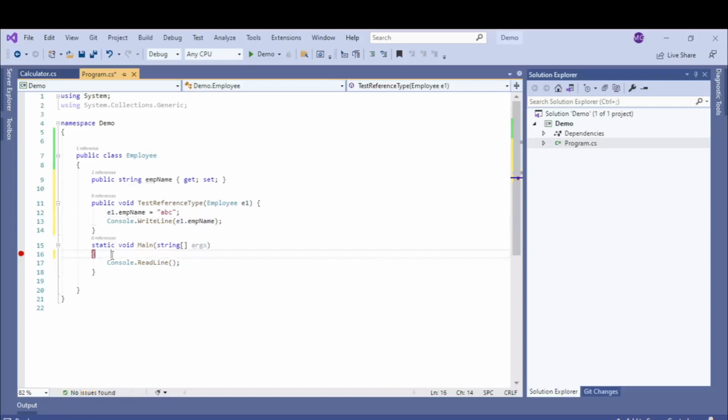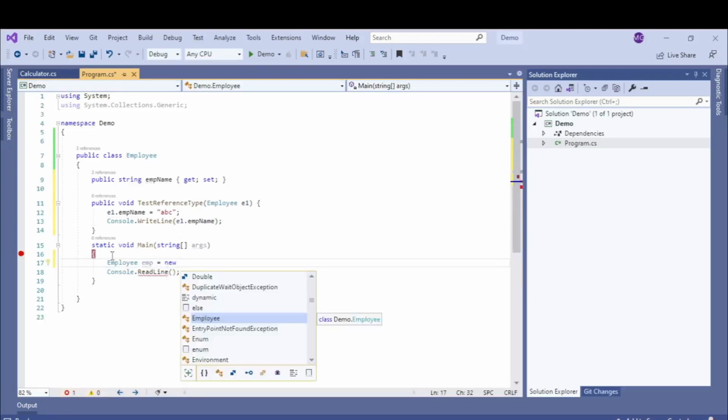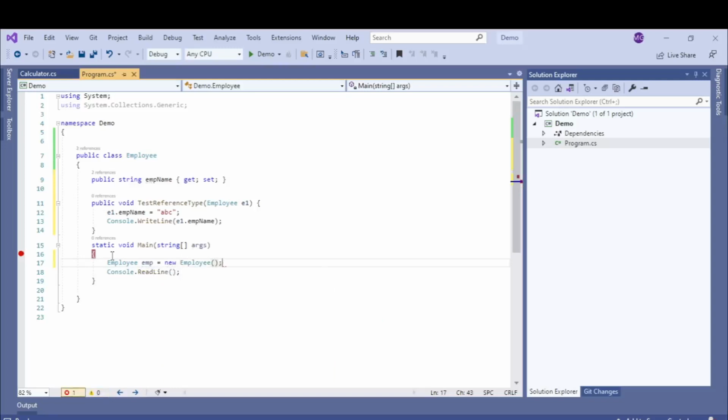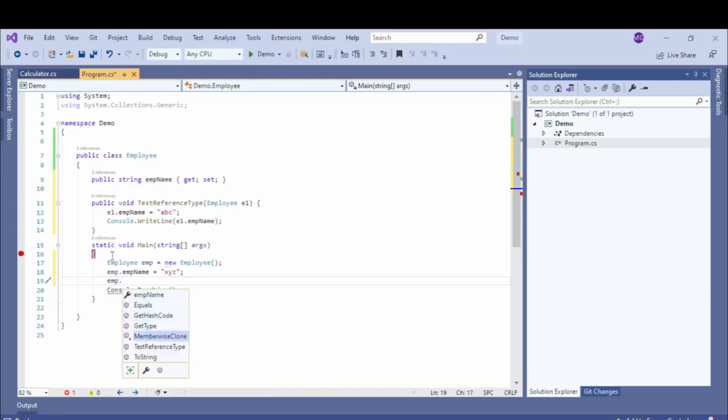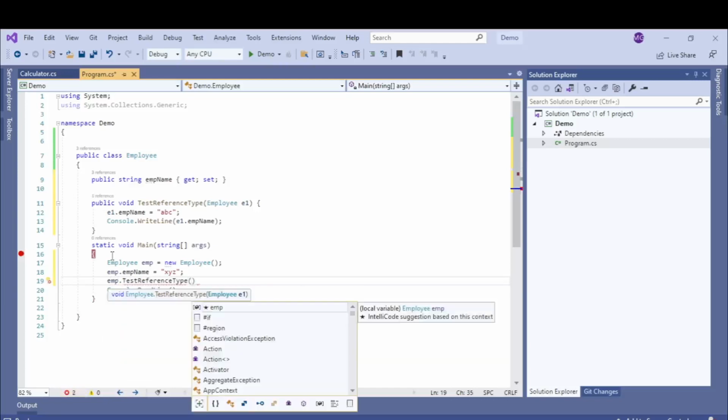And what we need to do, we need to create an object of this Employee class for calling this method. emp is equal to new Employee, and this emp.EmpName, I'll be assigning the value xyz, and now I'll be calling this method, TestReferenceType(emp).